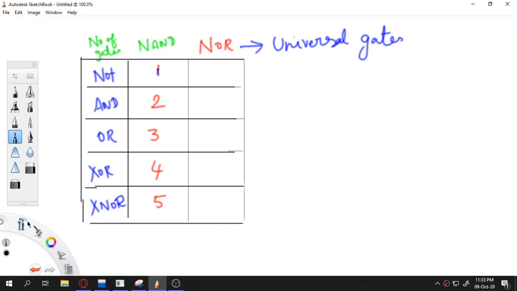Write the gates in order, what are all the gates you need, and then find out the number of gates needed to build. So write in order NOT, AND, OR, XOR, XNOR, and for NAND you write 1, 2, 3, 4 and 5, and then for NOR you write 1, 3, 2, 5, 4. Just to remember, 1 is the same, 2 3 has come as 3 2, 4 5 has come as 5 4. That's all. Okay, so now with this short table we will be able to find out